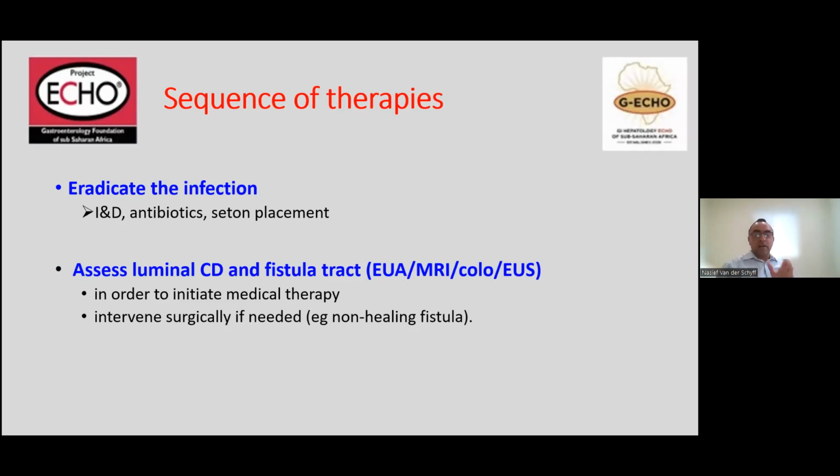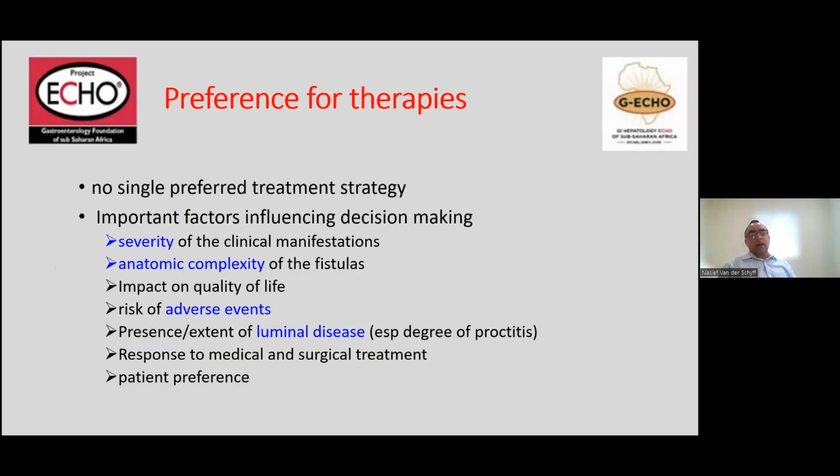Number two, as I've said, assess luminal disease as well as the fistula tracts. In terms of the literature, it hasn't clearly defined what's preferred. It's pretty much patient dependent. But important factors that influence our decision making are, number one, the severity of the clinical manifestations, then the anatomic complexity of the fistulas, how the patients cope and the quality of their life, the risk of adverse events from the surgery or from our treatments, the presence of luminal disease, what patients prefer,